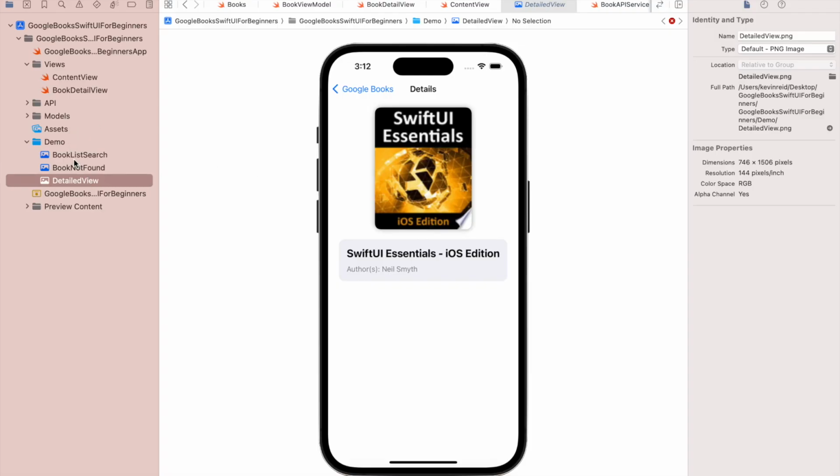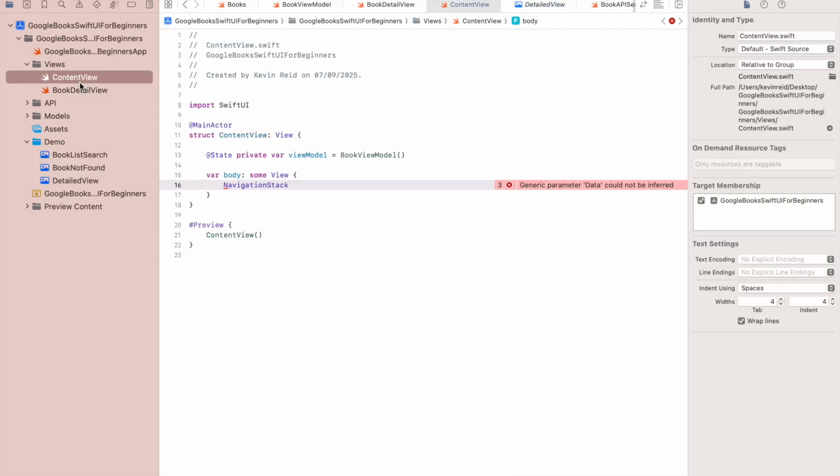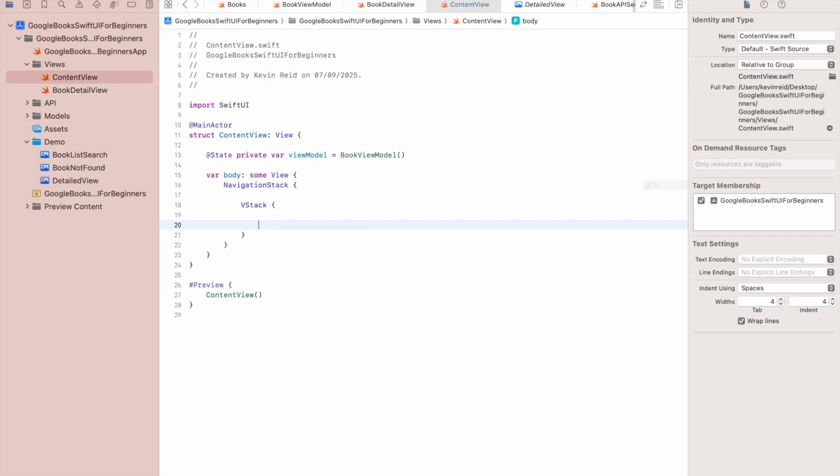And that's the purpose of the navigation stack. So within the navigation stack, we need a VStack, and then we need an HStack,